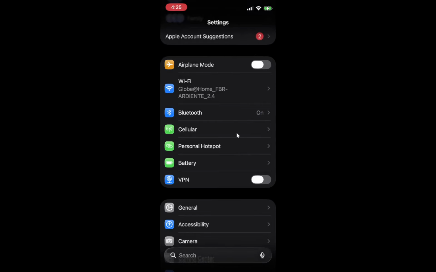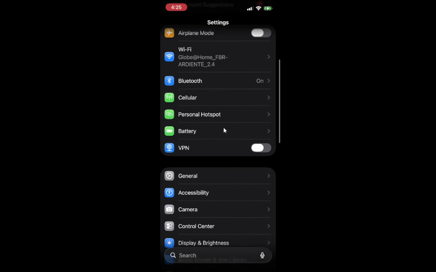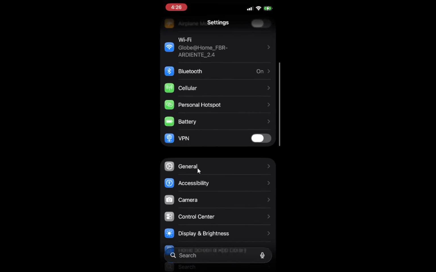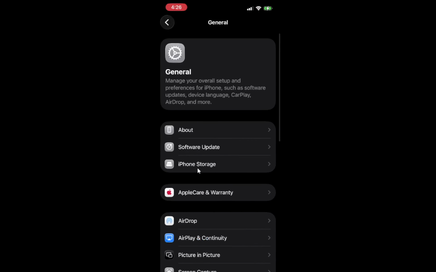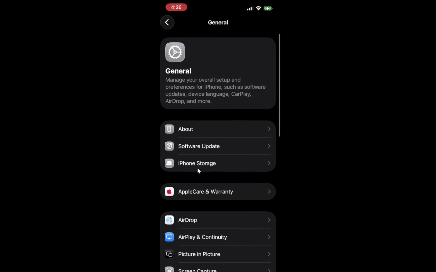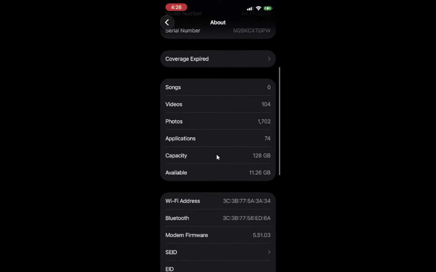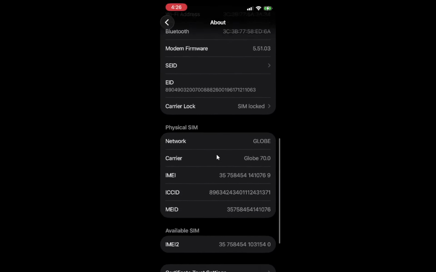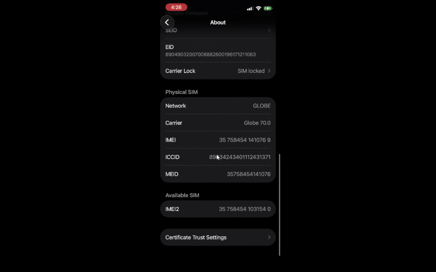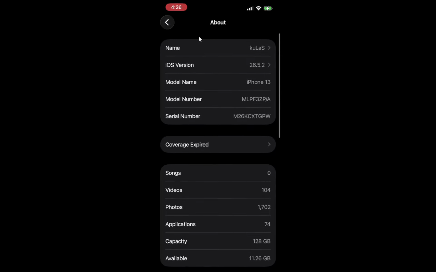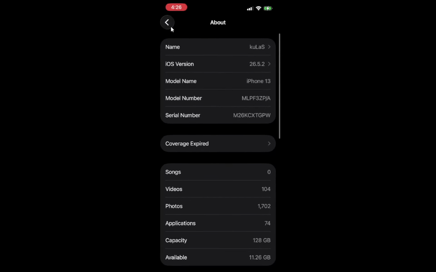From there, check whether a carrier settings update is available. First, connect your iPhone to a Wi-Fi network so it has a stable internet connection. Then open Settings, tap General, and tap About. Leave this screen open for several seconds. If a carrier update is available, a pop-up will appear asking you to update carrier settings. Tap Update to install it. When it finishes, restart your iPhone so those new network settings are fully applied. Then check the signal at the top of the screen again.